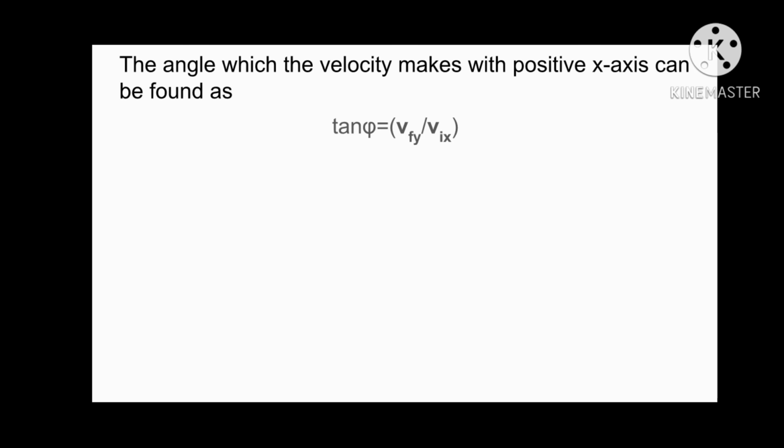The reason behind this is that along the x component, the final velocity is equal to the initial velocity, because there is no change produced in the velocity, as there is no force acting along the x component. But along the y component there is the force of gravity, so the final velocity is not equal to the initial velocity along the y component.